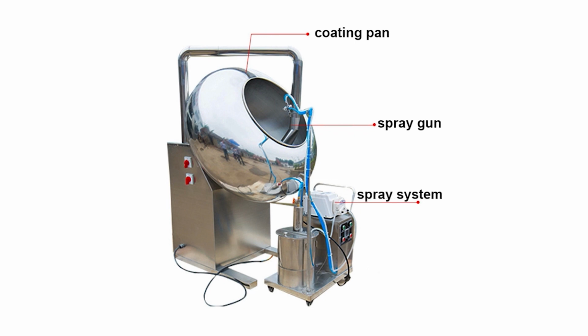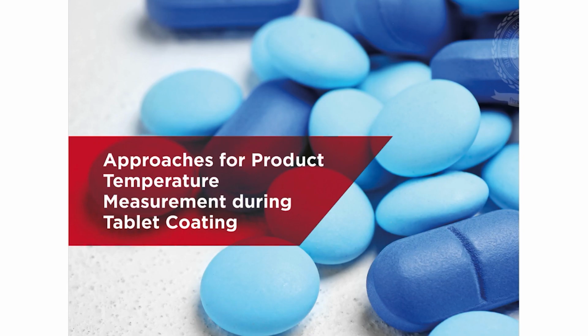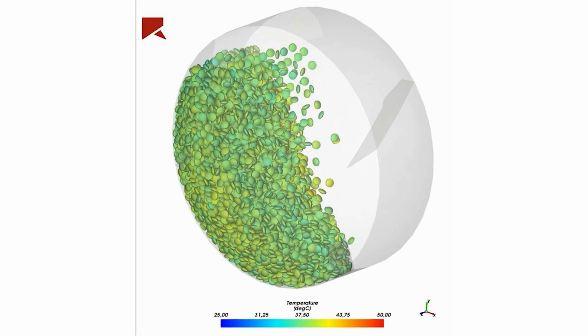Tablets are usually coated in a horizontal rotating pan, with the coating solution either directly poured or sprayed onto the tablet. The amount of coating on the surface of the tablet is critical to the effectiveness of the oral dosage form. Recent trends in tablet coating focus on overcoming the disadvantages of solvent-based coating.